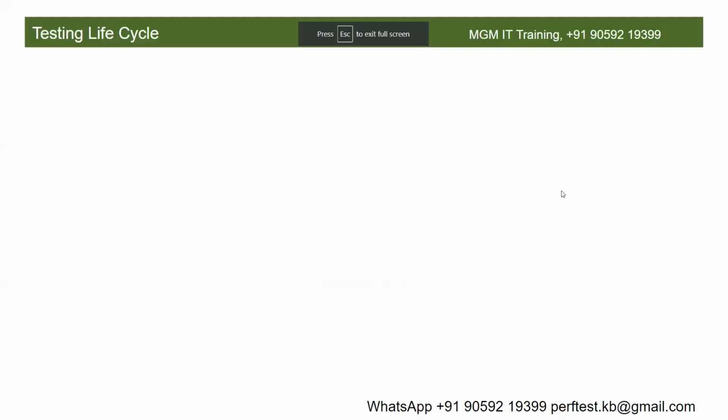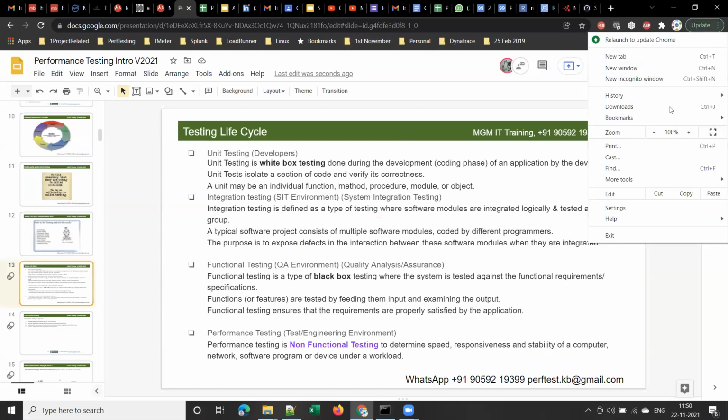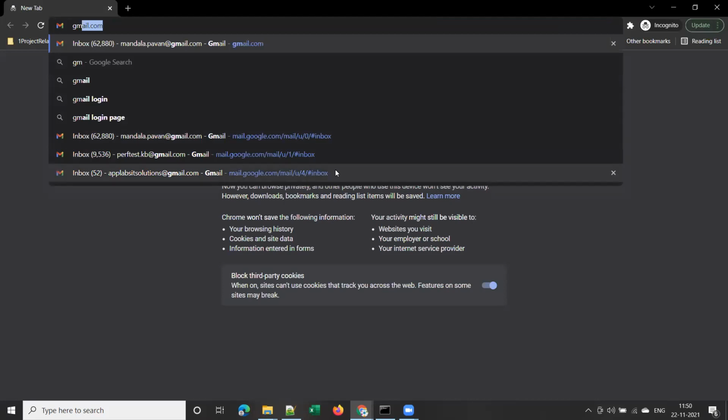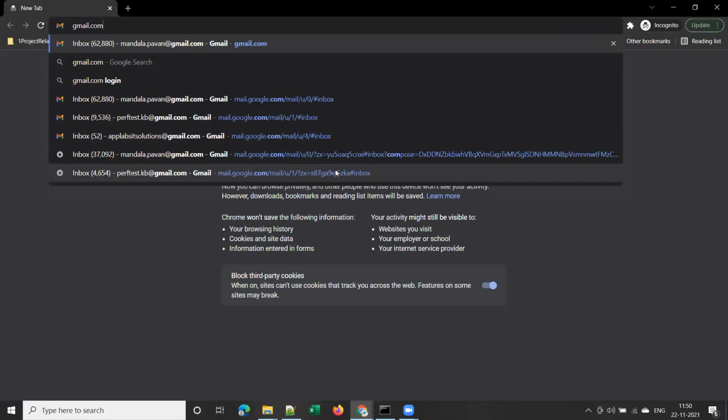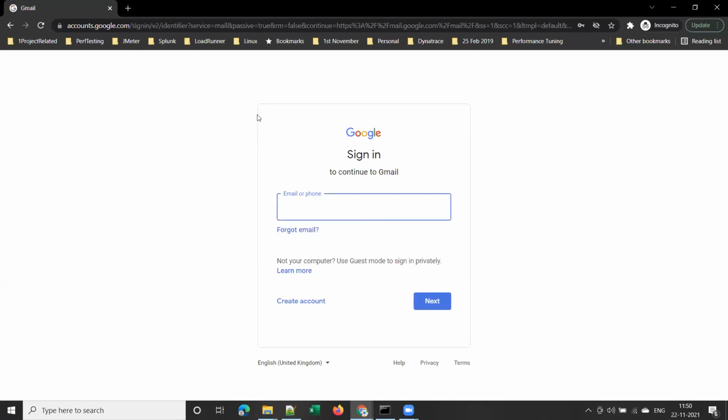So let's assume that one team of developers is working on developing this Gmail project. Okay. So the Google team is working on developing this Gmail project. This is also an application, right? A web application, which is used throughout the world. So let's assume that a team of developers is working on this Gmail application to develop this.